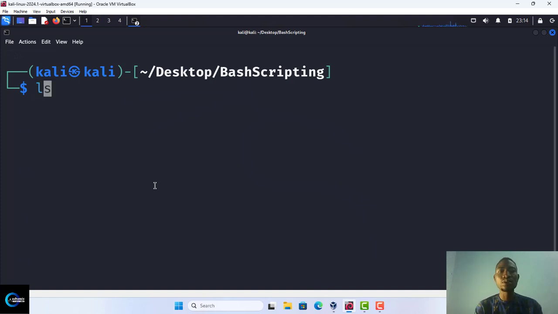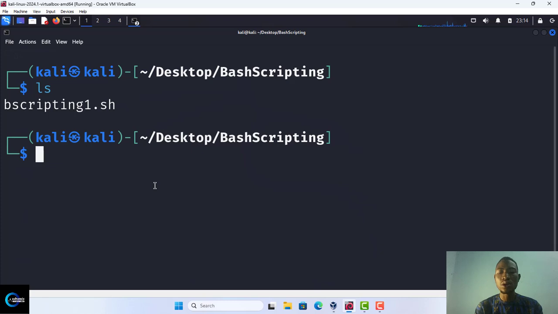For example, if I do ls now, if I want to run this thing, there are different ways to run a command. Either you use ./ to run your command, or you put bash at the front to run your command. Let's say we'll put bash at the front. I type bscripting